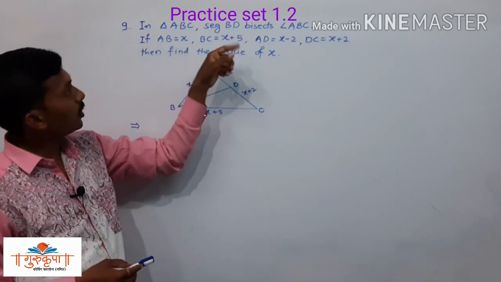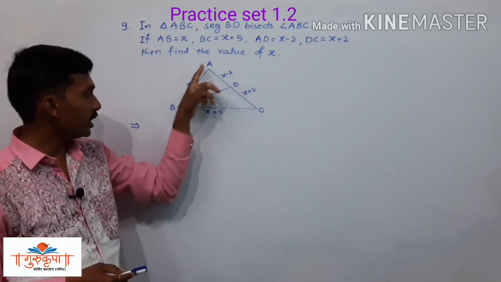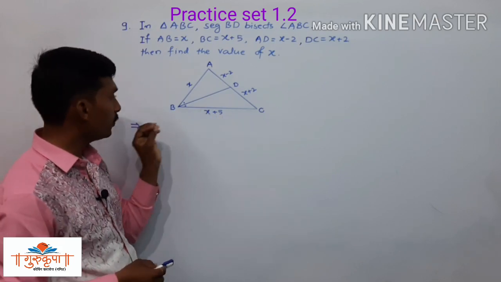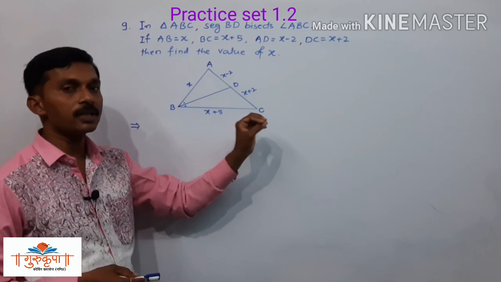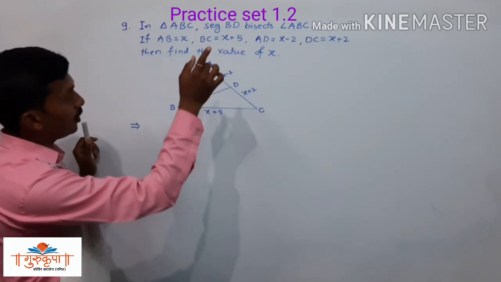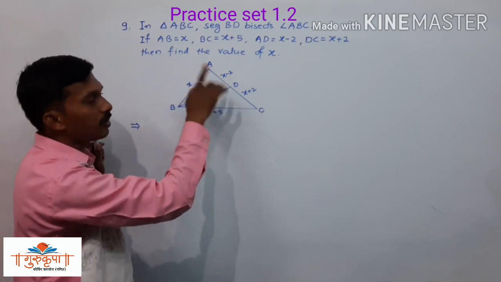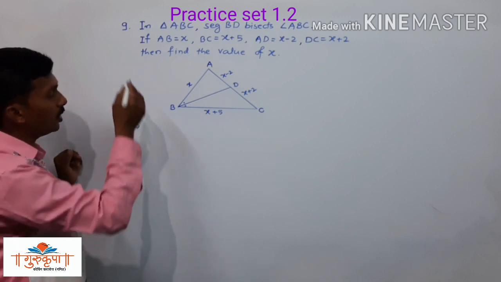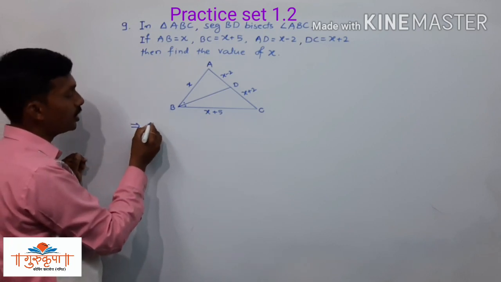So the given information is BD bisects angle ABC. Each and everyone knows that we have to use the angle bisector property. Here we do not have any other option. So first of all we will draw the diagram, that is already drawn. Now we have to write the information which we have available, that is in triangle ABC,